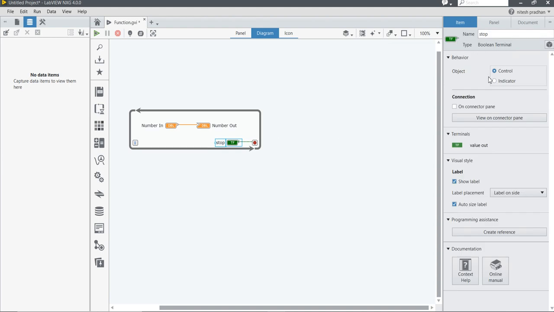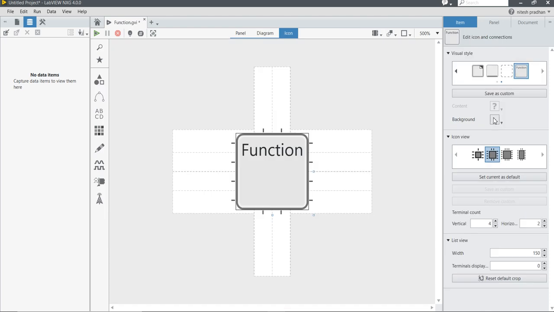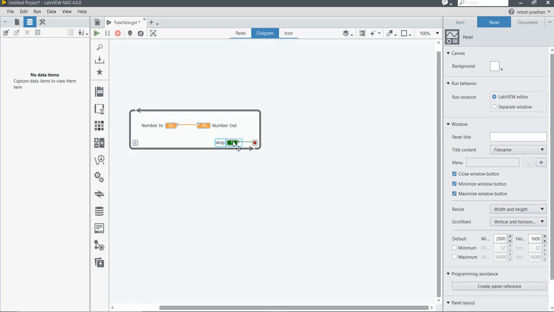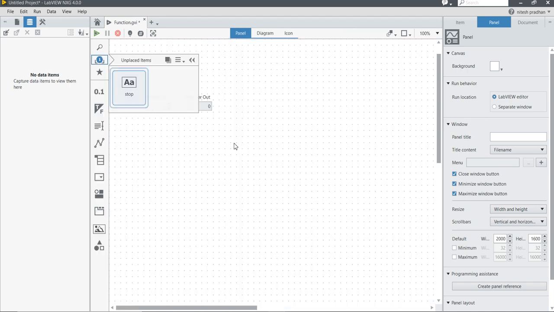Now you can see here, this is a boolean terminal control type, and you can see the front panel. Now we didn't insert the function in our function palette. So let's go to the panel diagram, click this one, and paste here.